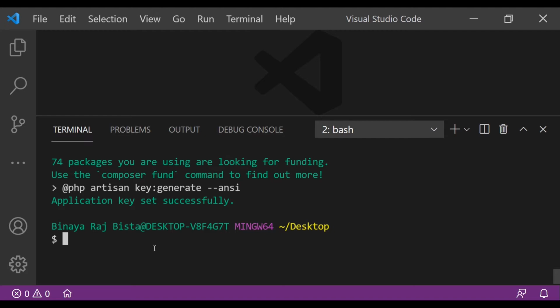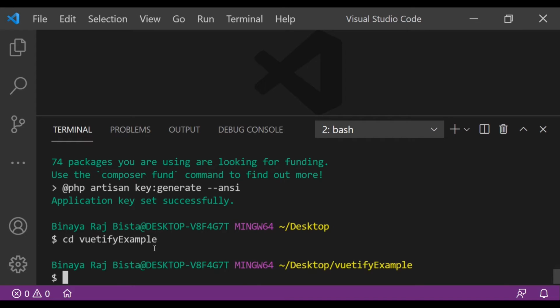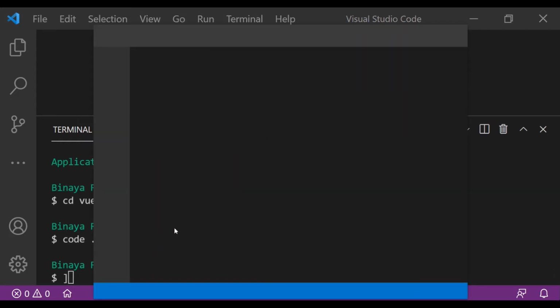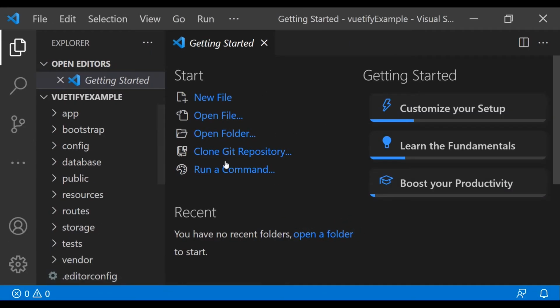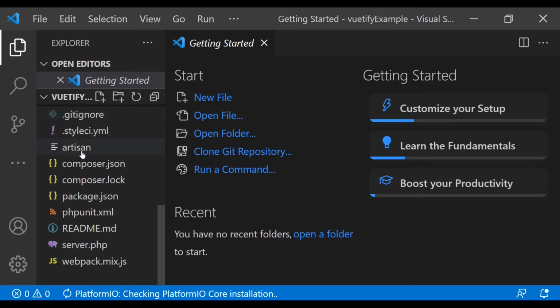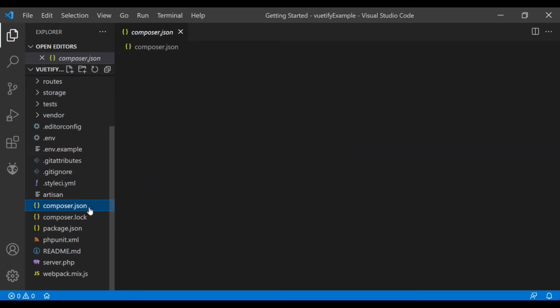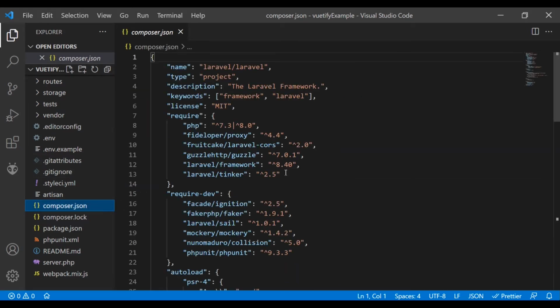Now we have to cd to our vuetify-example. Now code dot to open it in Visual Studio. Okay, now you have to go to the composer.json file. This composer.json file, and in this section you have to add